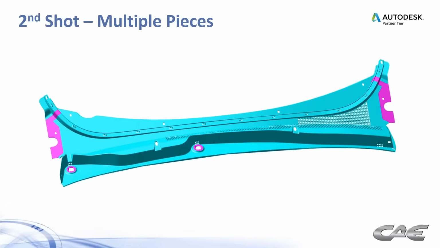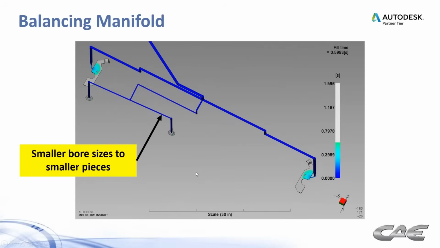So here's an example. Here's a cowl where we have the substrate in blue there, and we have the overmold in the purple. So we have 4 separate areas. 2 of them are the same size, and these 2 others are the same size as well, but they're much smaller than the first 2. So here's how that looks in a manifold design for the second shot. So we actually did some bore balancing on this, created bores that were much smaller to the smaller pieces to hesitate the flow to them so that they result in balanced filling with the